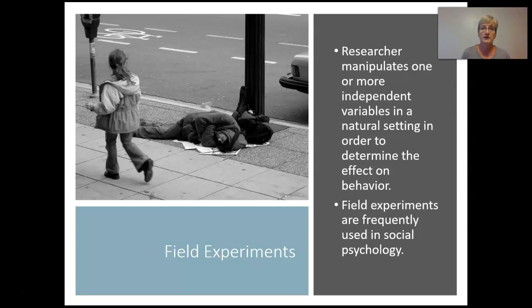So for example, I could do this in a number of ways. I could manipulate the sex of my victim, who falls down on the street apparently unconscious. So I could have male victims, female victims. I could also manipulate how they're dressed. They could be dressed in business attire